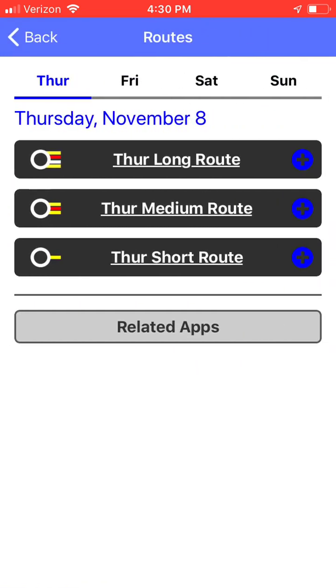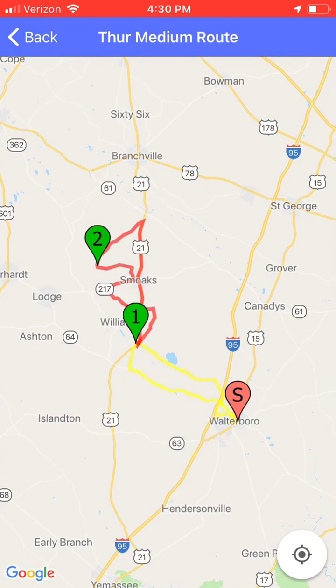The Routes page lists the routes for each day. The graphic on the left shows the marker colors you'll follow for that route. For example, on Thursday, the medium route follows the yellow markers outbound, does the red loop, and then returns via the yellow markers. If you tap on any of the route names, you'll bring up a map of that route